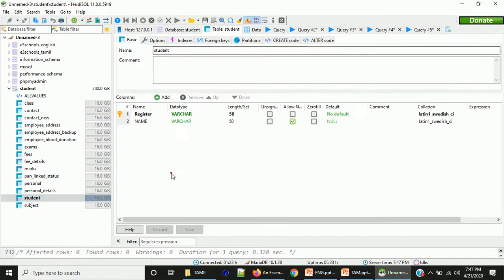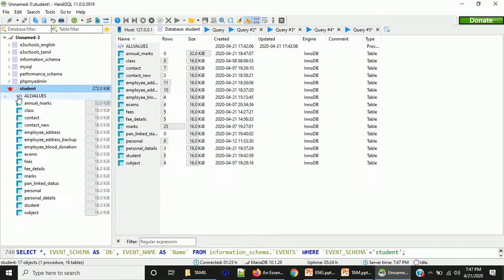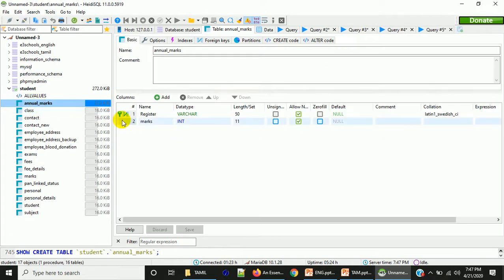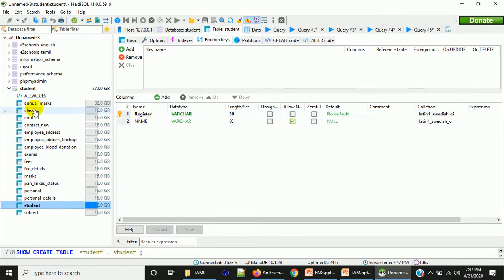While seeing the table structure, you can identify that this yellow key denotes that it is primary key, and we'll check the newly created table, annual marks table. You can see this is primary key, and again you can see an icon that denotes two tables connecting together. See, this is what foreign key is. I mean, we have connected this column to this register column in this table.